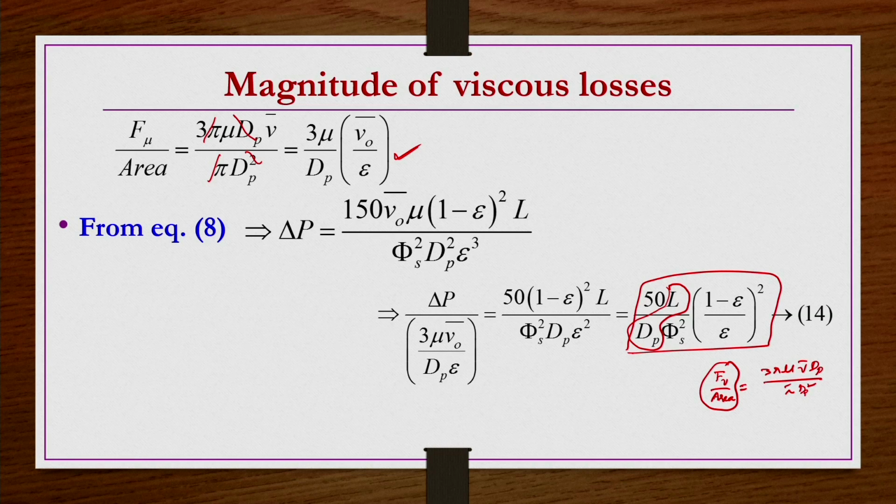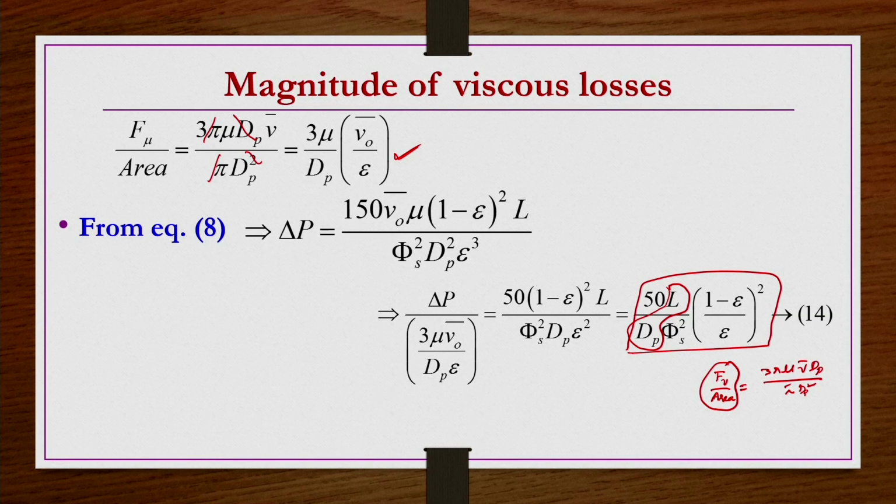Now these equations we have developed for generalized cases of particles having the same size and shape, and their size and shape we brought into the picture by including both phi s as well as the volume equivalent sphere diameter dp. But in general you may have a variety of particles, different types of mixtures of particles, like a few particles may be spherical, a few may be hemispherical, a few may be short cylinders, a few may be Raschig rings, like that you may have different fractions. Under such conditions also these equations are valid.